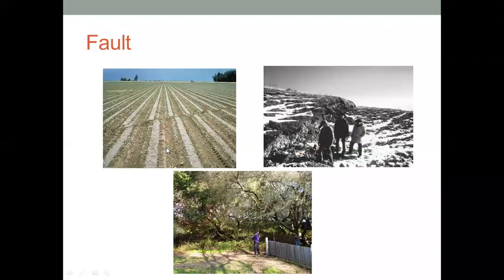So after the occurrence of the earthquake, how the faults are created. You can see here the formation of the new land. This is called the dip slip, and this is strike slip. And here also you can see that previously the fence was at this location, now it has moved somewhere away from that. It is because of the strike slip.